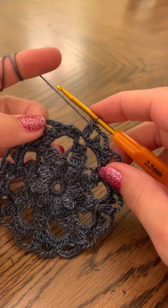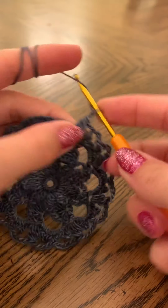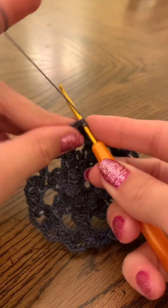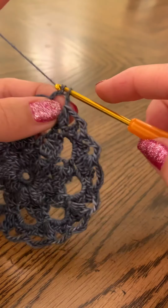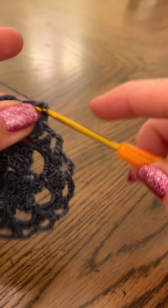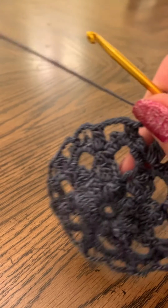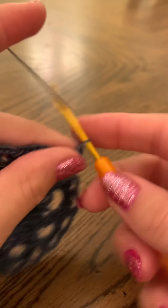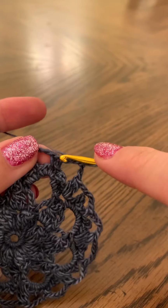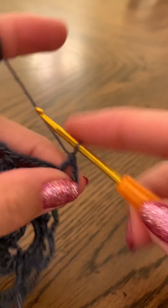I'm at my last chain 5 space, and I'll work it like this. I'll chain 1, actually 2, and 1 double crochet into the first single crochet of this row, like this. Chain 1, single crochet into this space, chain 3, popcorn stitch into the next single crochet stitch, popcorn out of 5 double crochets, of course,